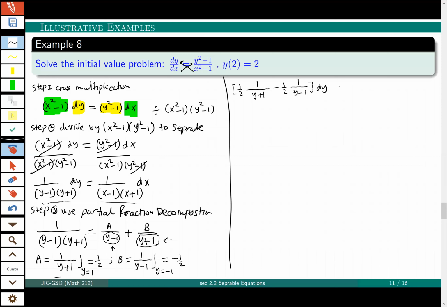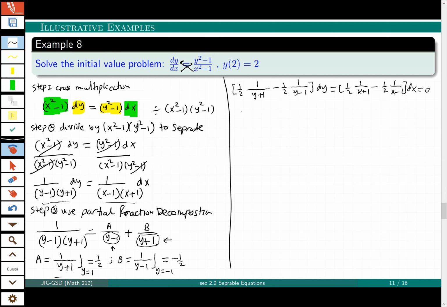Same thing we said: I have 1/2 times 1 over x plus 1 minus 1/2 times 1 over x minus 1, times x. Now, in order to get rid of the fractions, I will multiply the whole equation by 2, and